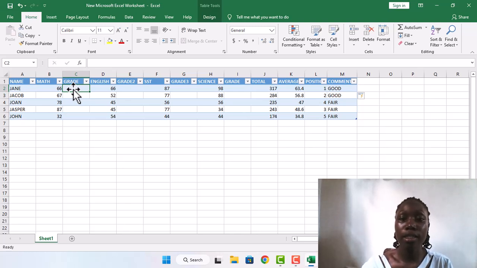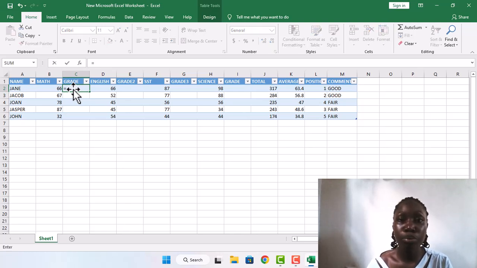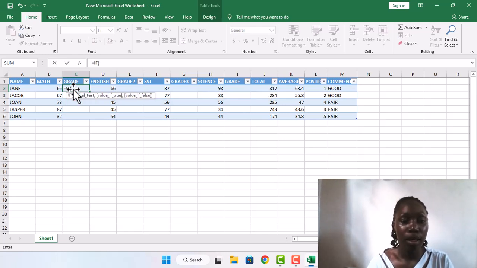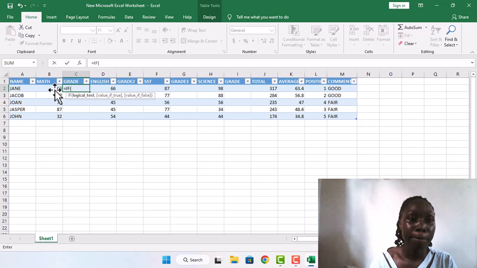So for this case, you always have to put equals. Equals shows that you're placing in a formula, so the computer may look at what you're doing. Actually, Microsoft Excel is basically based on helping you to compute stuff, to calculate things, to do such and such things. So for this case, if I open brackets, I'm using IF, for math, if a student is having